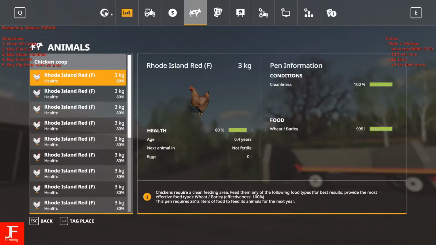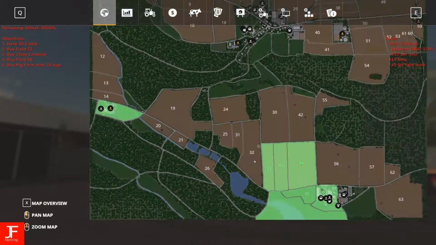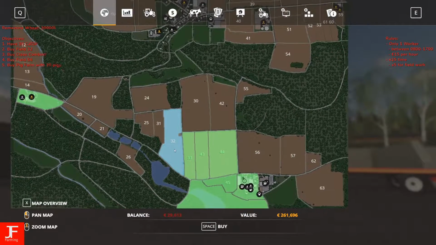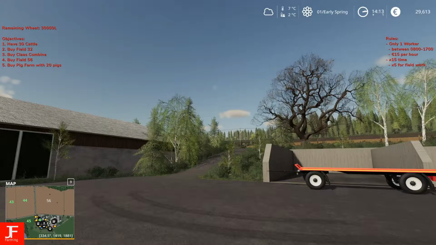So if I show you field 32, 261,000, field 56, 389,000. That's a lot. Now,